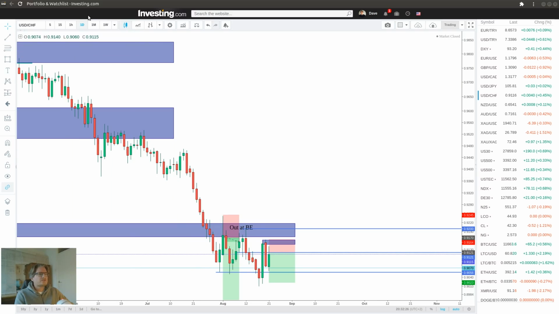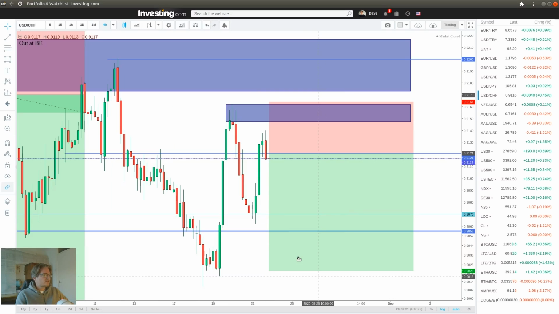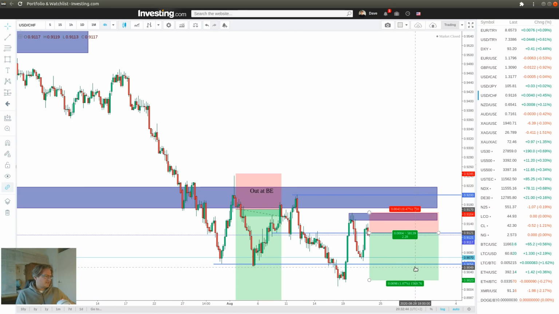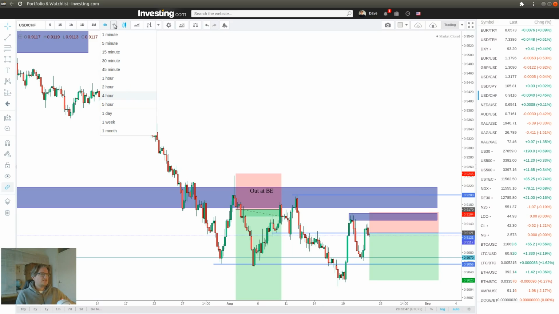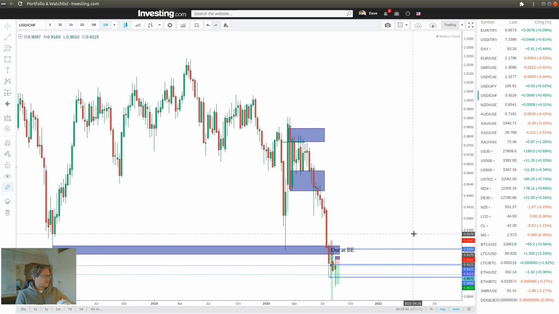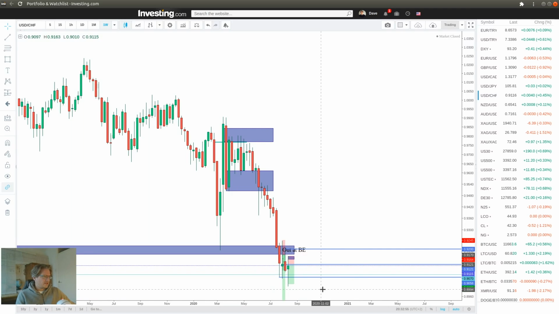So let's switch to the 4-hour time frame. That's the time frame I usually use to get in. So I'm looking here for a bit of a retrace to this level here to take it short. But looking at the weekly chart and the daily chart, I might remove this order, as the past week has been a fake out and it looks like we are about to reverse.